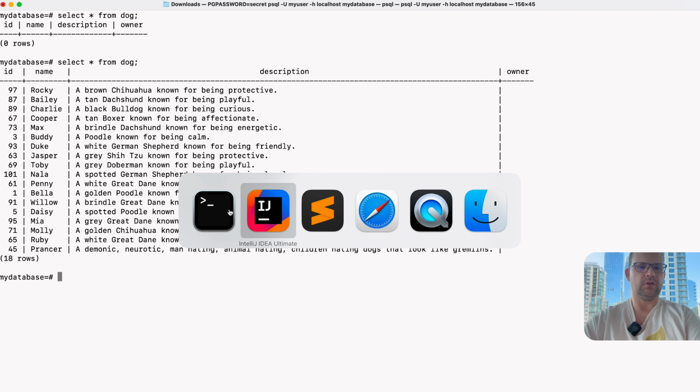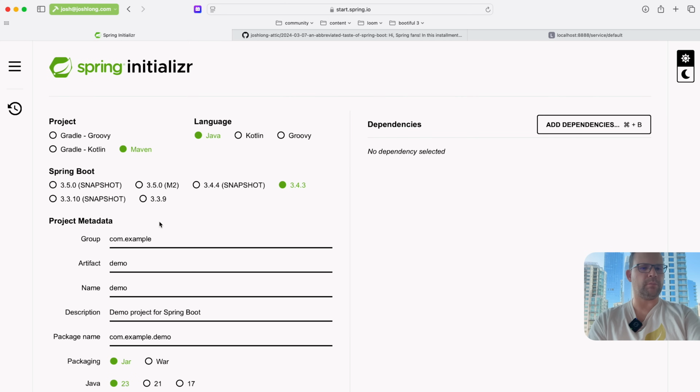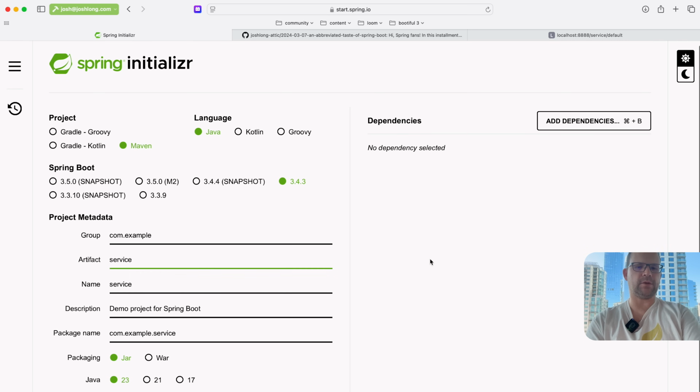Okay, let's get back to our main business service. What we're going to do is build a service, which is to say an API or a back end service or something like that, and we're going to call it service